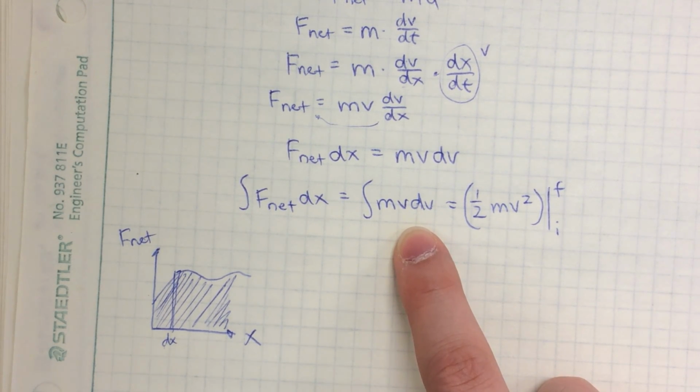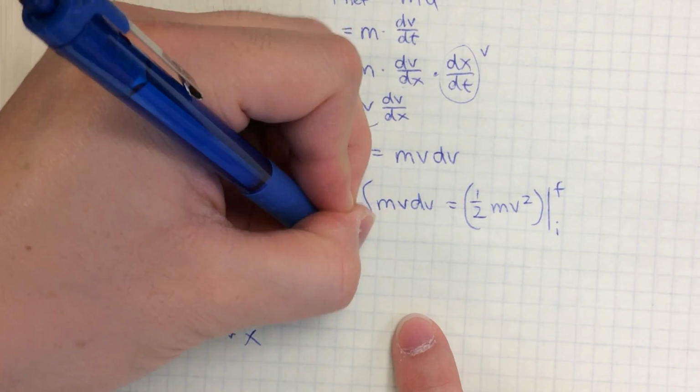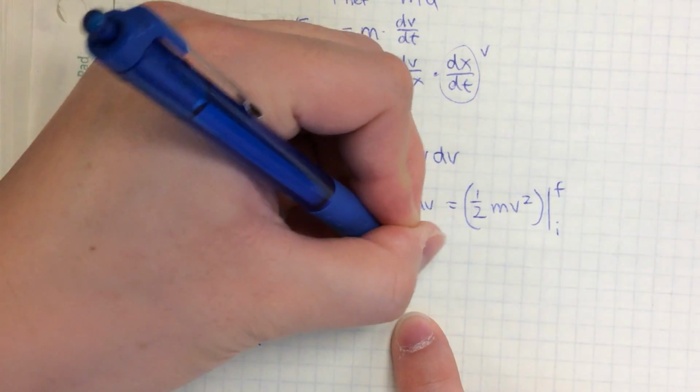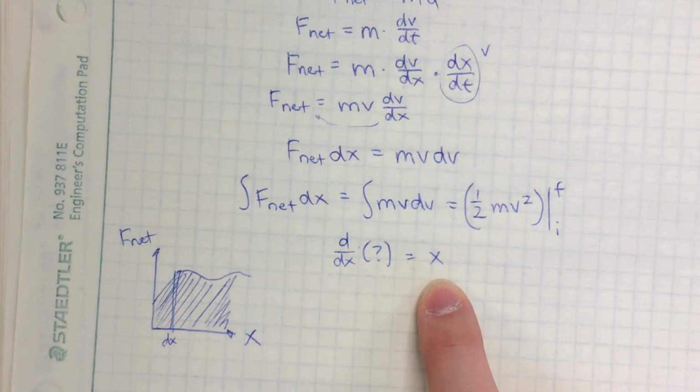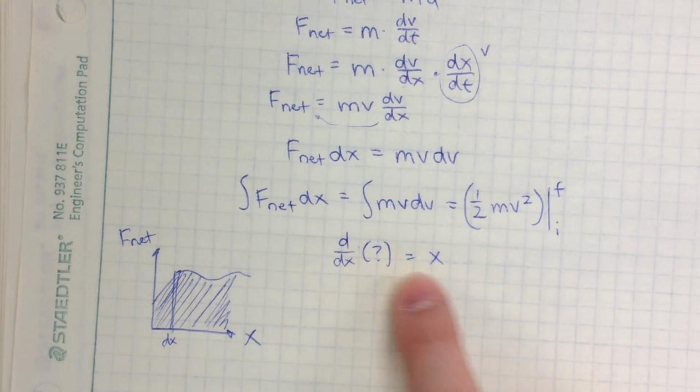Actually, Calc AB people, have you guys done derivatives yet? Yeah. Okay, you guys have done derivatives. So it is essentially an antiderivative. It is how you undo a derivative, so to speak. So in other words, if I were to ask you the derivative of what gives you x, right? That's what the integral is. The derivative of what expression gives you x,